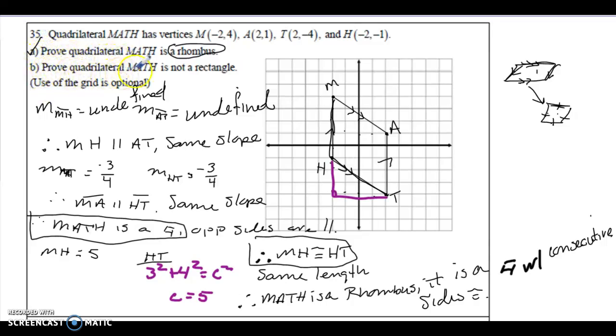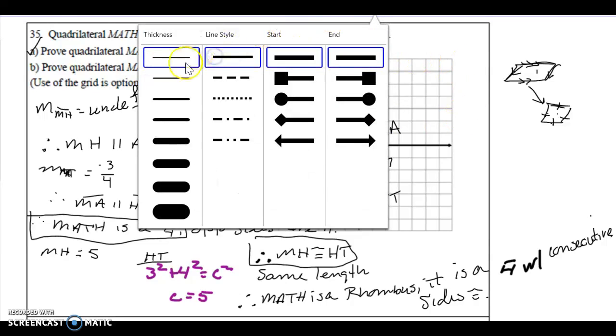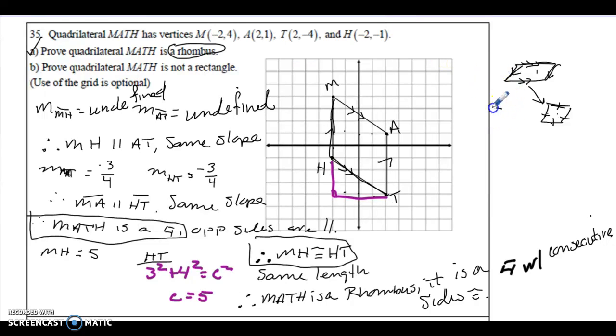Now I'm going to prove that MATH is not a rectangle. So if we think about the family tree again, and we want to think about how we prove that something is a rectangle, if it were a rectangle, we would need it to have some right angles. And we know that for a shape to have right angles, they need to have negative reciprocal slopes. So I'm kind of all over the board here, but I need to just make a statement saying that since consecutive sides like MH and HT do not have negative reciprocal slopes, then there are no right angles. So I'm just going to say, therefore, well, actually, okay,